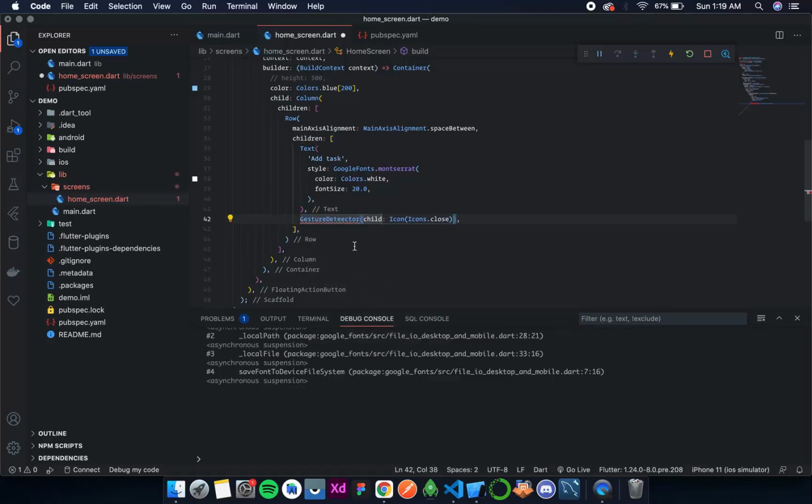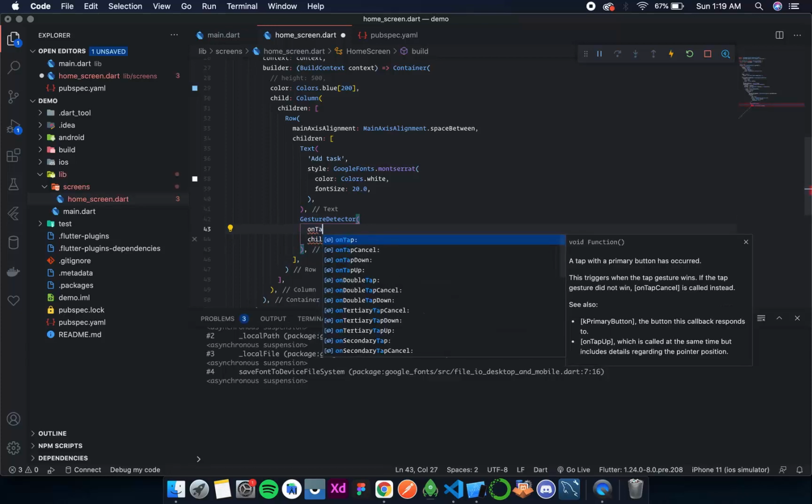So now this gesture detector widget, it gives you the triggers for all the gestures that we do on a screen, that is a single tap, a double tap, a triple tap, a long tap, a double long tap, and all those things. Okay, so for now I'll use on tap.